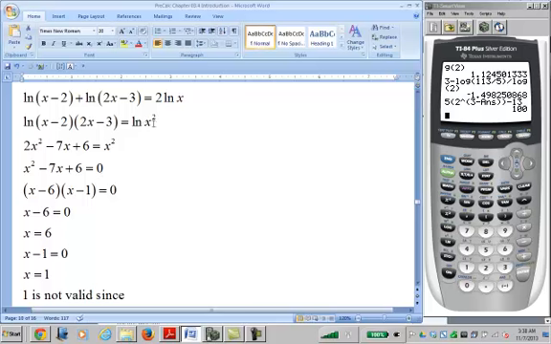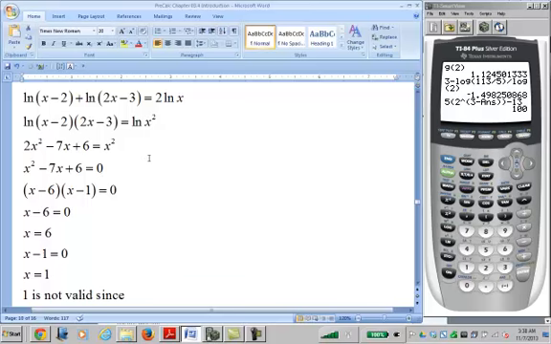Therefore, their products have to be equal. So we can then simply make an equation out of the two products. So 2x squared minus 7x plus 6 equals x squared. x squared minus 7x plus 6 equals 0. (x minus 6)(x minus 1) equals 0. So x minus 6 equals 0,